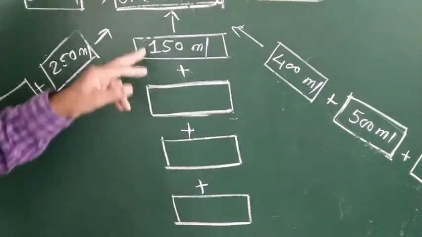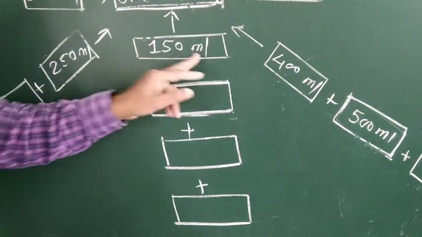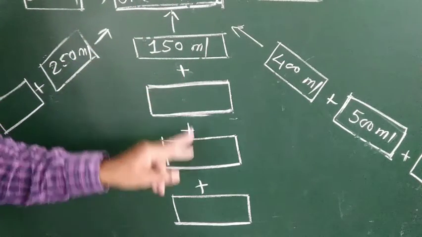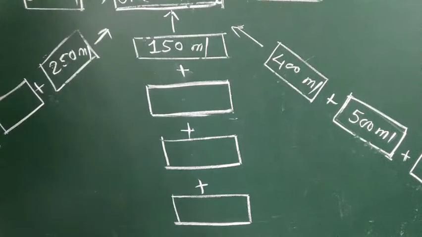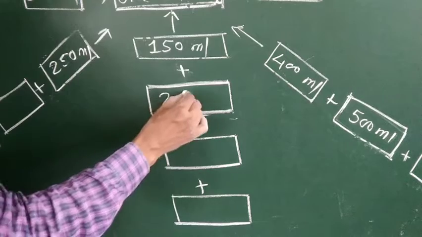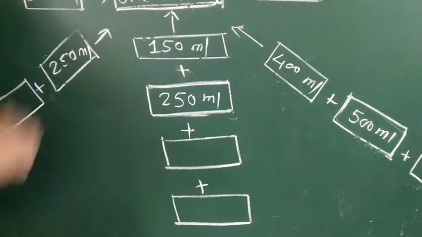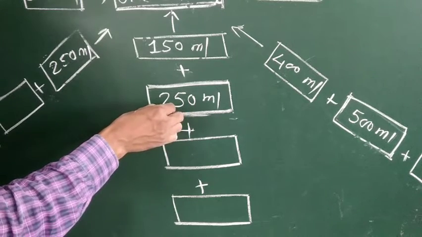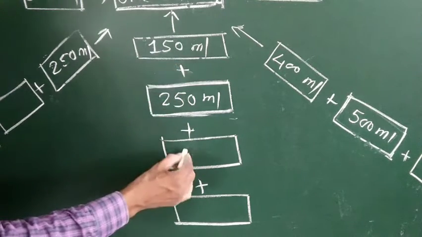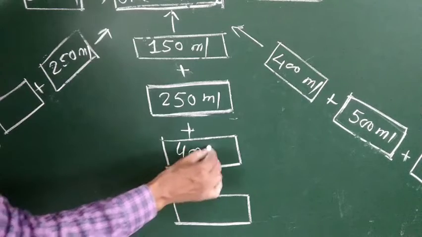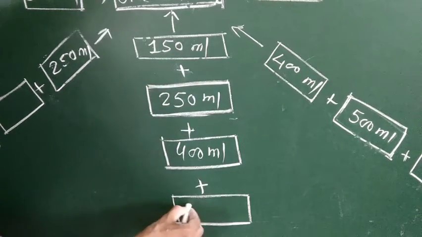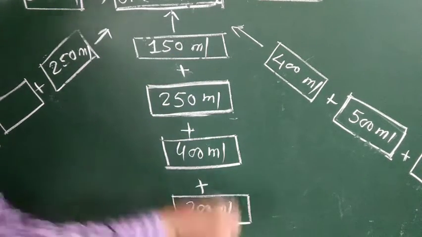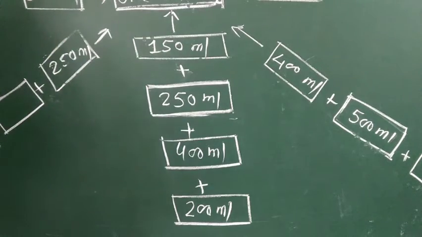Okay. Now come to this part. 1 liter. It is 150 plus blank blank blank. क्या करेंगे बेटा यहाँ पर अभी? So see, you can take like this. 250 ml लिया हमने बेटा यहाँ पर. See, 150 plus 250 कितना होगा? It will be equal to 400 हुआ ये. Now see, it is 200. 4 plus 4 is 800 हुआ. Then it will be 200. 8 plus 2 is 1000. Then it will be equal to 1000.